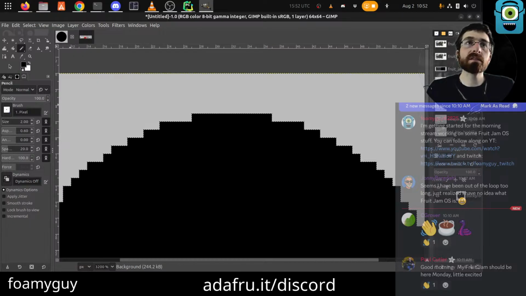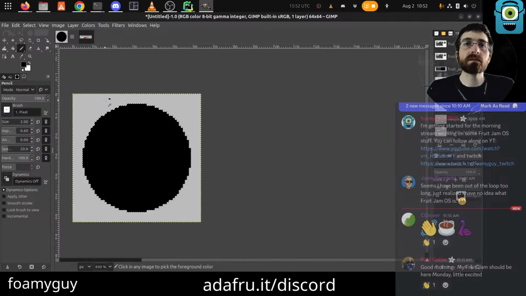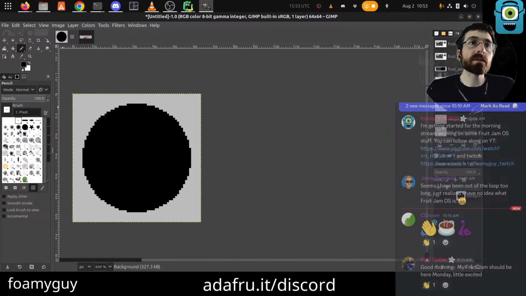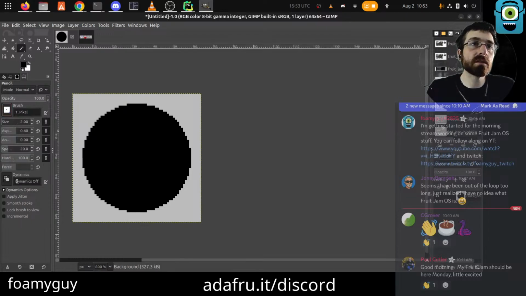Why is my paintbrush on 1 pixel but not square? What is spacing?